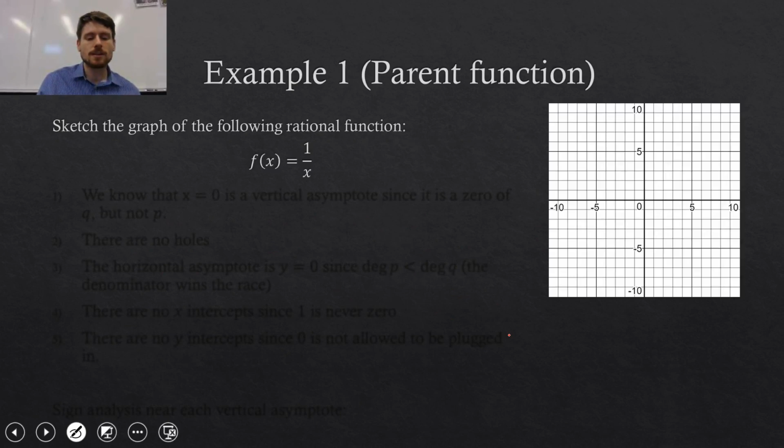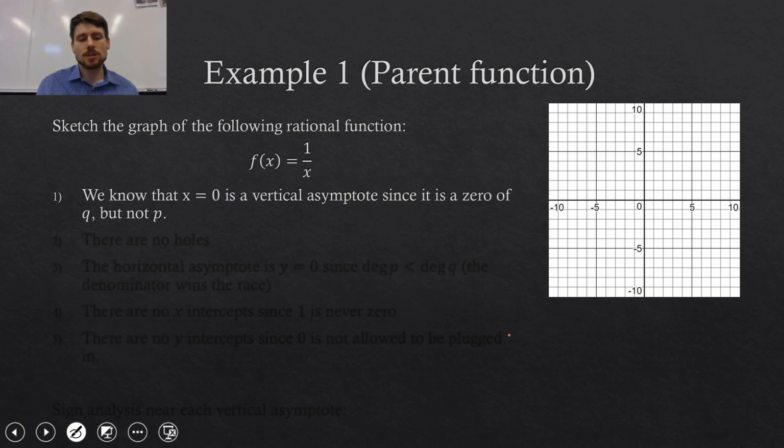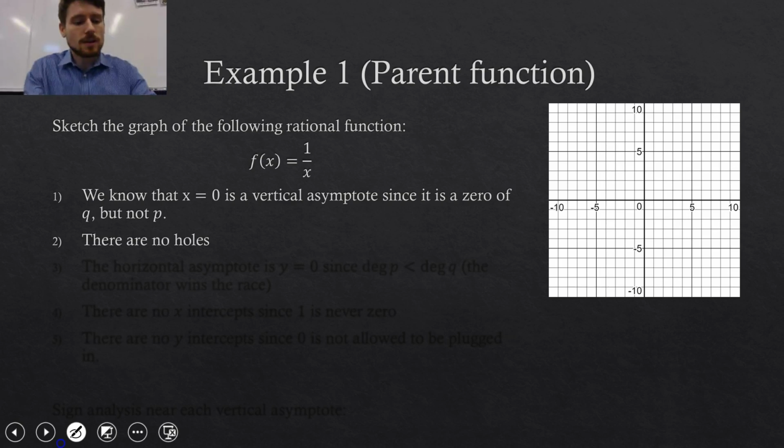So the parent function for a rational function is the one that looks like 1 over x. So f of x equals 1 over x is a simple function. We're going to go ahead and find the asymptotes, see if there's any holes, find its x-intercepts, y-intercept, and so forth. So we know x equals 0 is a vertical asymptote since it's a 0 of the denominator,